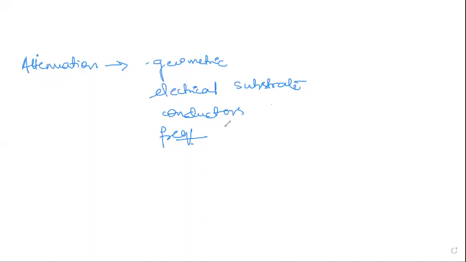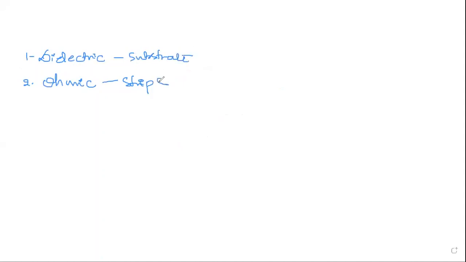Now, when we consider the substrate, you have two types of losses occurring. The first one, as we have said, is your dielectric loss in the substrate, and the second one is called ohmic skin loss in the strip conductor. So this occurs in the strip, this occurs in the substrate, and you can also find it in the ground plane.